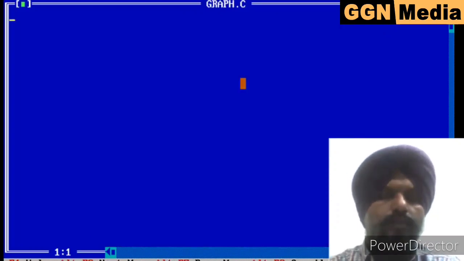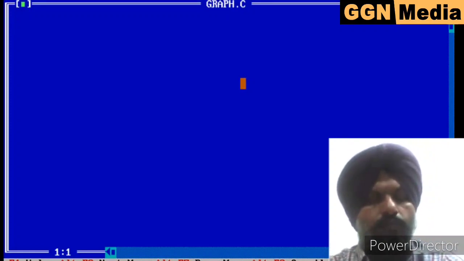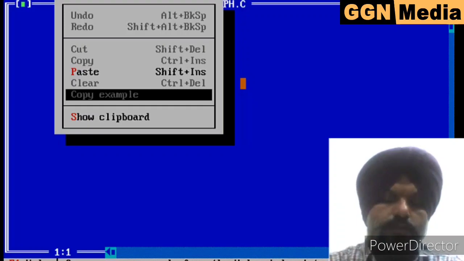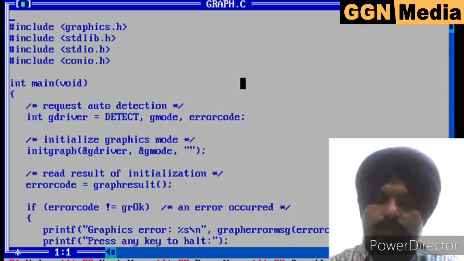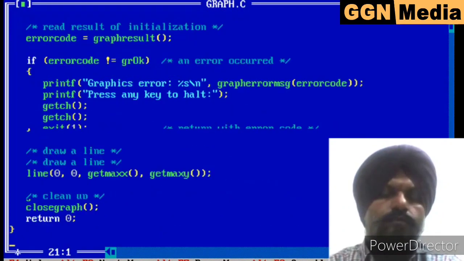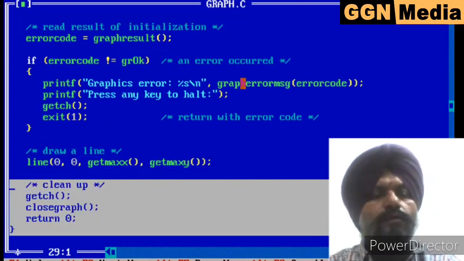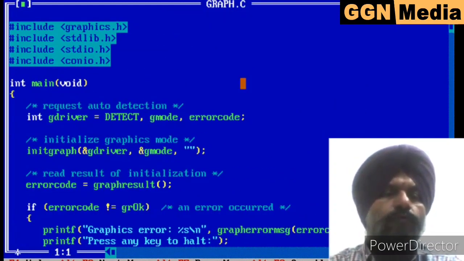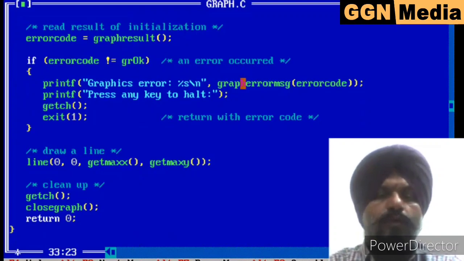Now to paste the example that we previously copied from the C help, just press Alt E again, then press P. It will paste the complete example in the editor. So you do not need any extra effort to copy the example. You can directly execute the example, but